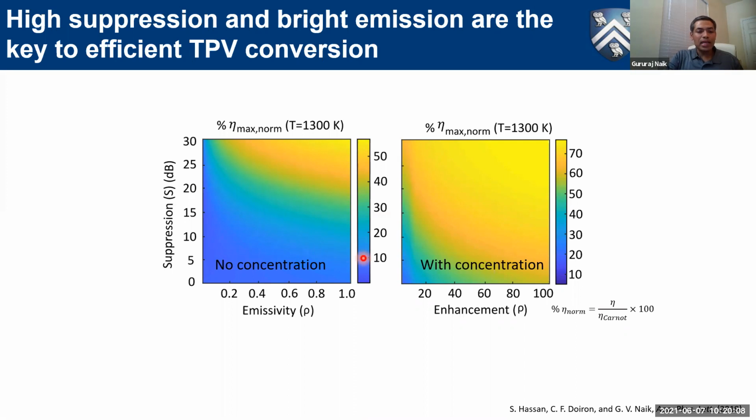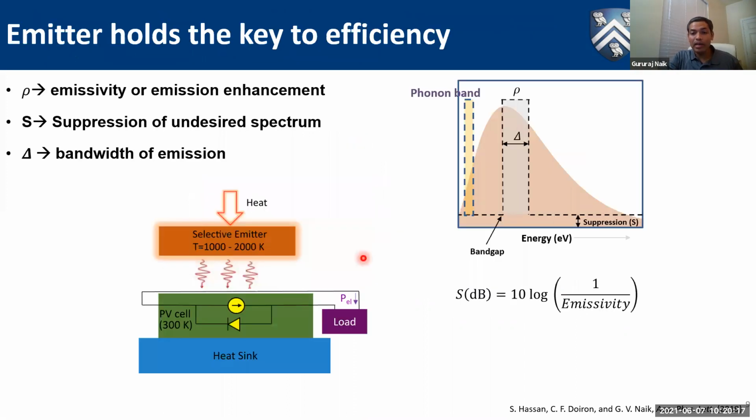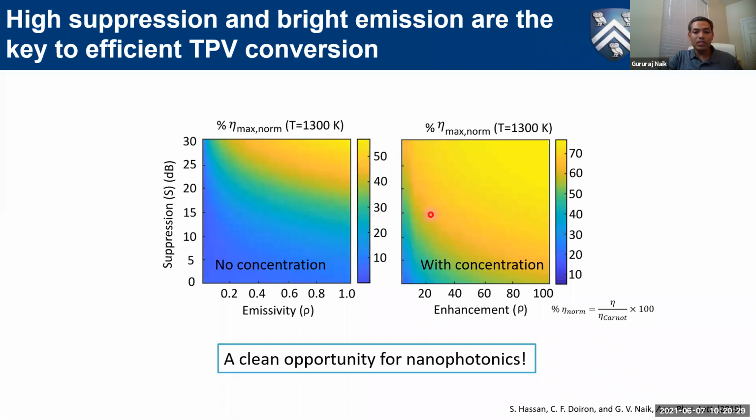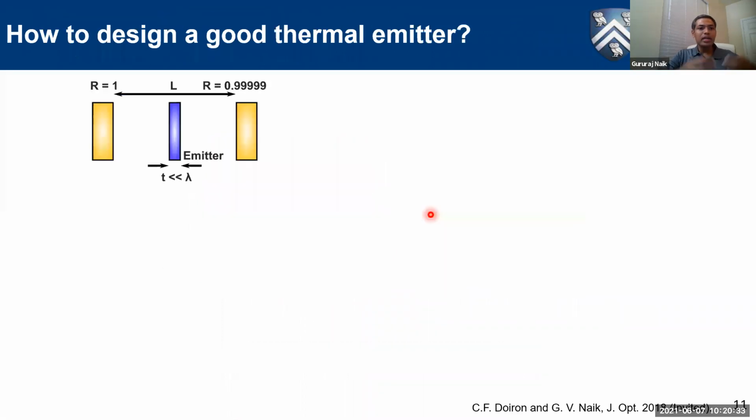So most of the past reports just thought about how to improve emissivity, but almost neglected suppression, because suppression is extremely important and it has to cover a really broad wavelength range. So in a broad spectrum, we have to suppress emission of photons. That's really the key here. So how do we do that? This is a clean opportunity for nanophotonics, where we can make a huge impact, and that's where my group started thinking about how to design a filter generally.